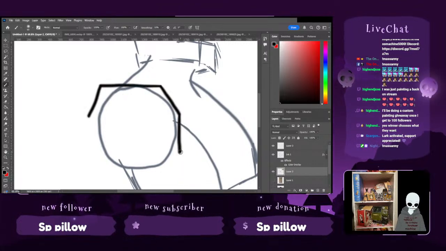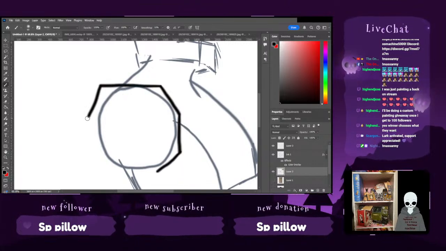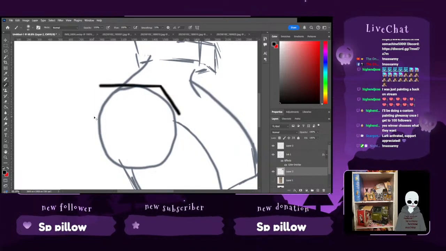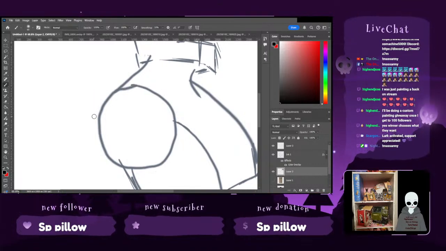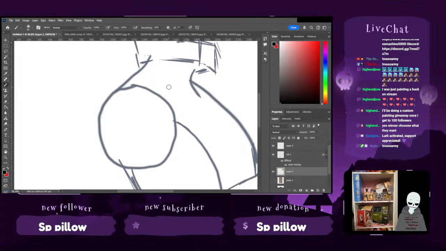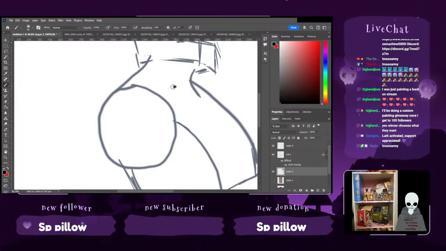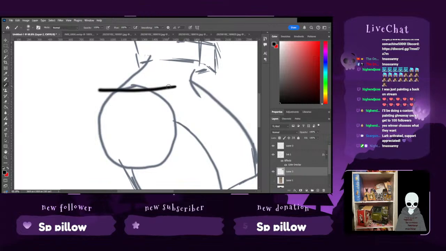That's an octagon, but it's not going to be a perfect octagon. Eight is too many. I don't want eight. I want 5 or 6 lines for this.